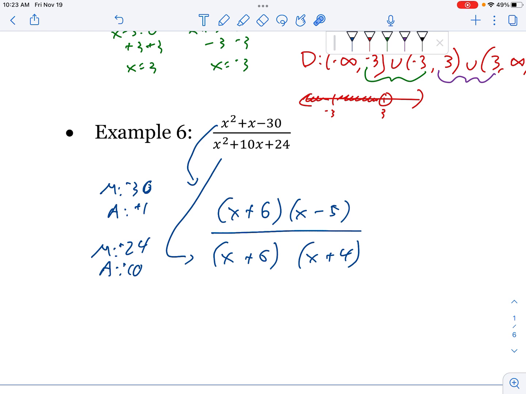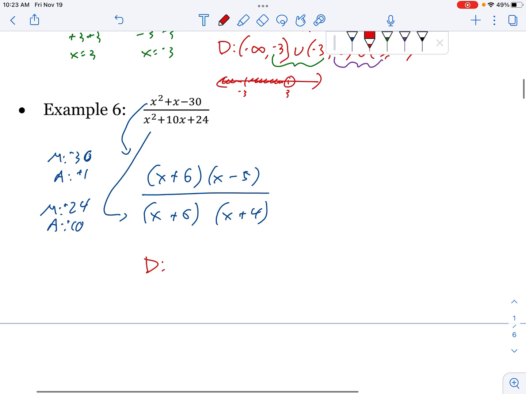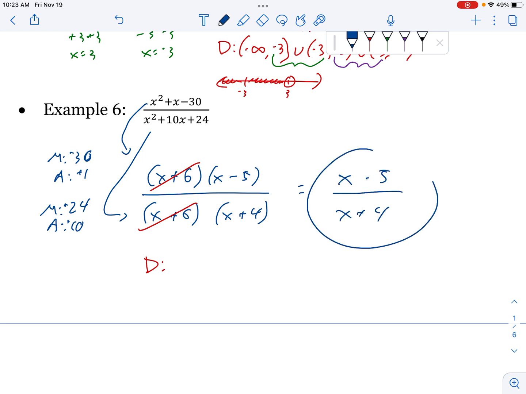We need to be able to factor quickly so that doing this doesn't take us too long. On our upcoming tests, factoring is going to be a part of that for sure. I would take my domain here if I was asking for it. I'll leave that for now for the sake of the video length. Do I have anything common? Yes, I have x plus 6 in both. x minus 5, x plus 4. Here's my reduced or simplified form. Okay, now remember, I cannot